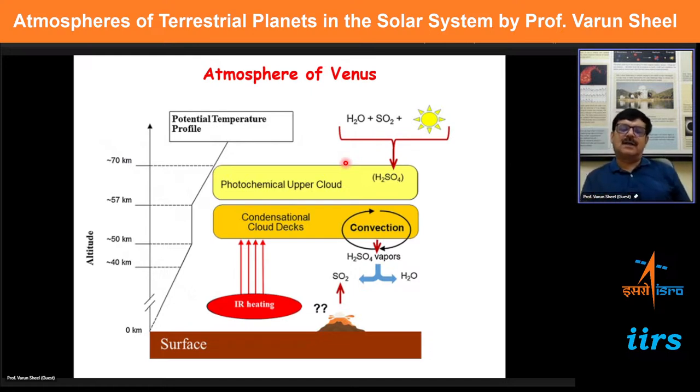And how do they condense? What is the chemistry here? There is a lot of convection in this area. And as you know, there is this problem of super rotation. The atmosphere is rotating much faster than the planet itself is rotating, and that leads to a lot of dynamics here, and it changes some part of the chemistry.